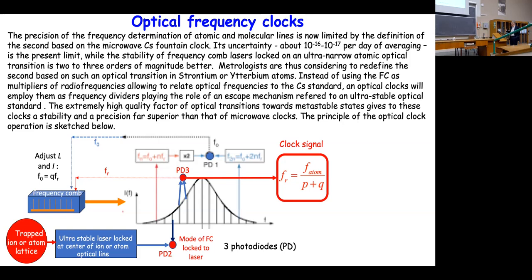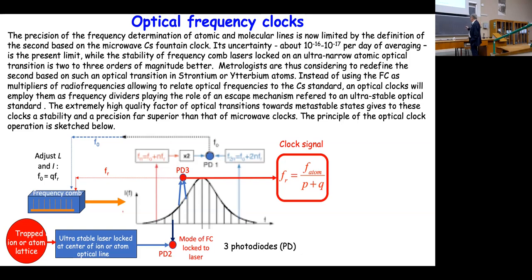So you get FR, the beating between two modes. Then you take one mode here and the second harmonic mode, and you beat them together as I showed before, and you get F0. And F0 and FR are stabilized,